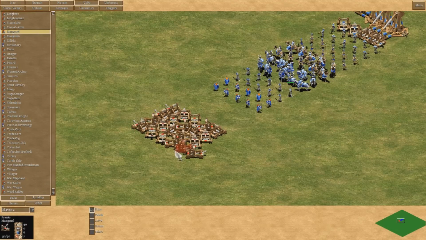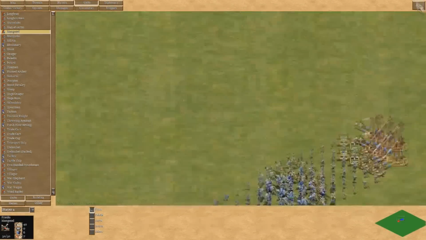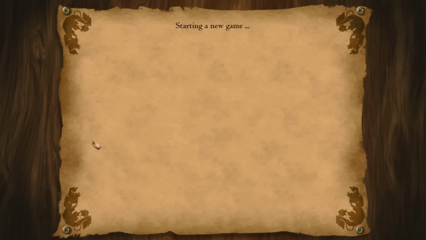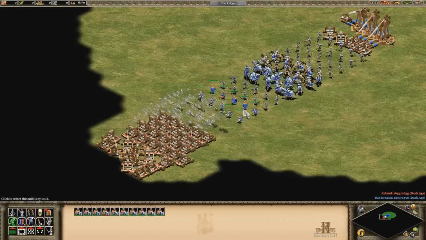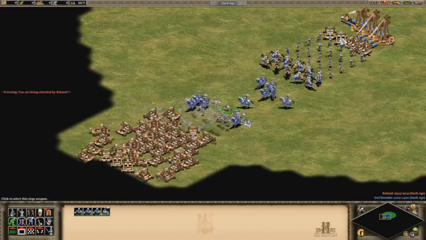So these things are going to hit us pretty hard at first. But once those cavalry get there, guys, it's game over. It's night-night. I'm going to put literally a ton of these things in here, but it doesn't matter because once those cavalry close the distance, it's going to be night-night for the mangonel. So let's go ahead and do a test. Okay. See, it's going to eat up that front line, but once these cavalry come in here,